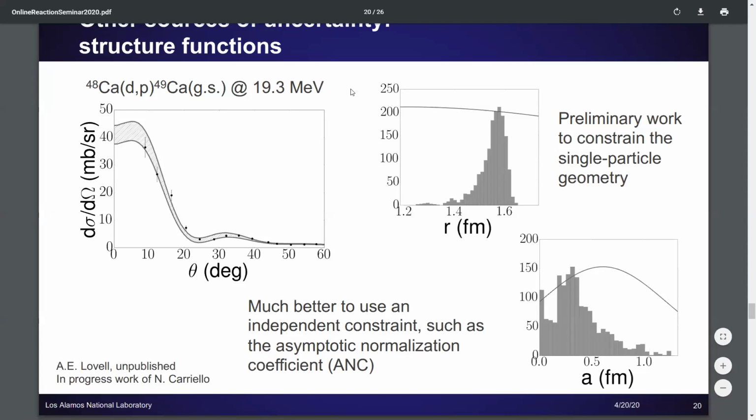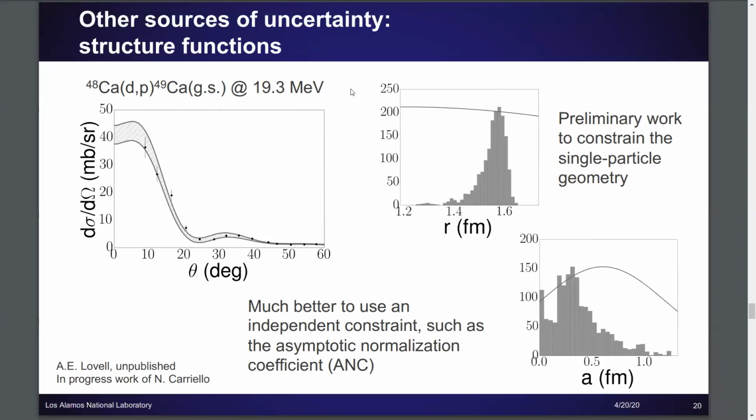The next thing that we had was the structure functions. Right now, I'm thinking specifically about, again, the binding potential of the transferred neutron to the heavy target, which we haven't looked at all in these calculations. We use some sort of standard geometry and then fit the depth of this interaction to reproduce the binding energy between the binding of the neutron and target. And this is stuff that I did just at the end of my thesis work, just to see, trying to use actually the transfer cross-section itself to constrain the single particle geometry.